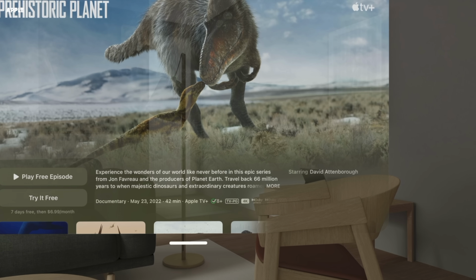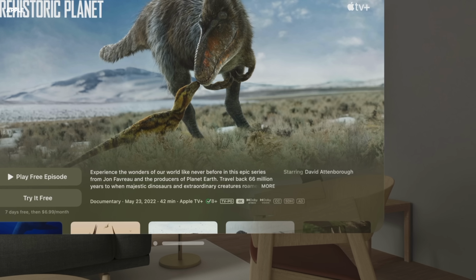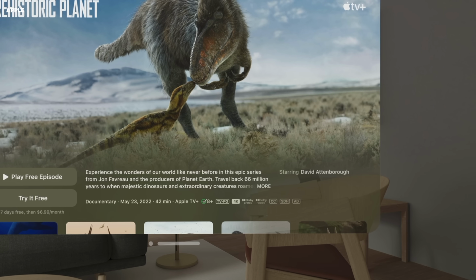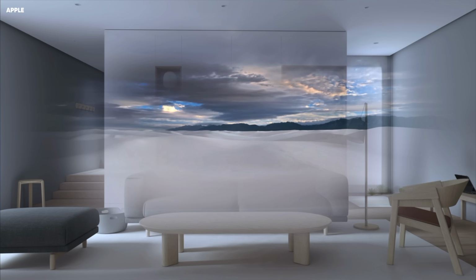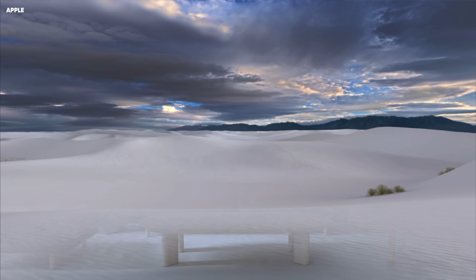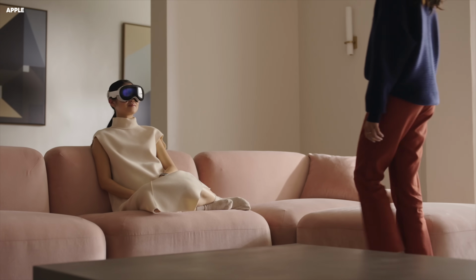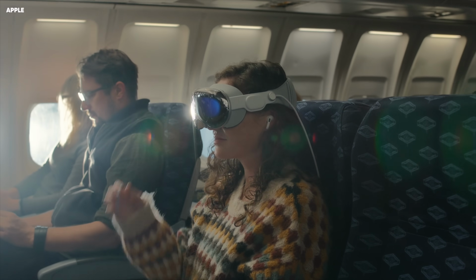Well, when you're moving a window and it hits a physical object, it's gonna remain partially visible until you release it, and then it will kind of fade and dim a little bit more, but you'll still be able to be aware of it. Obviously, there's at least two factors at play here. Number one, safety. Apple doesn't want you to get up and bump into something or someone. There's that, but also Apple really does want to create an immersive experience where the physical world doesn't just disappear,